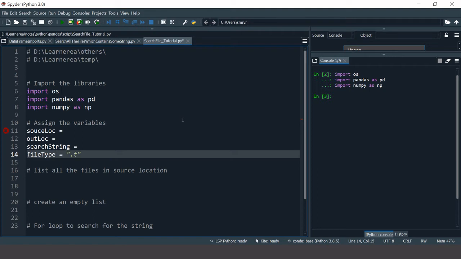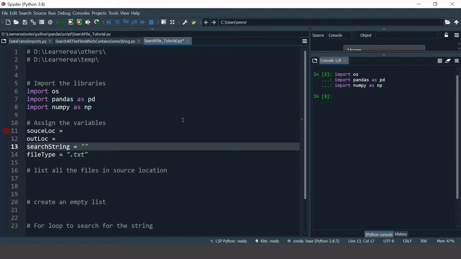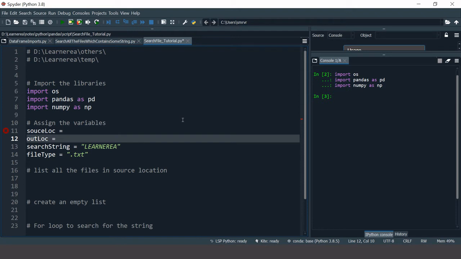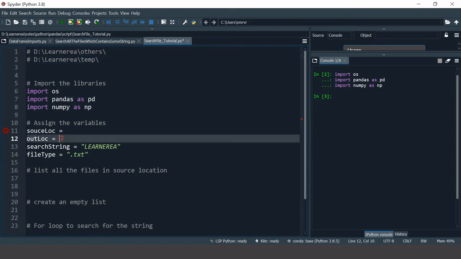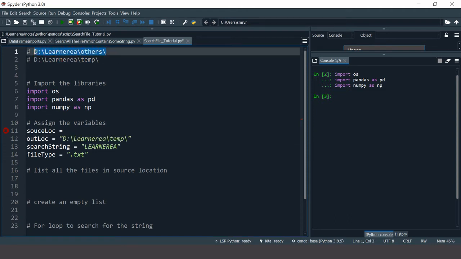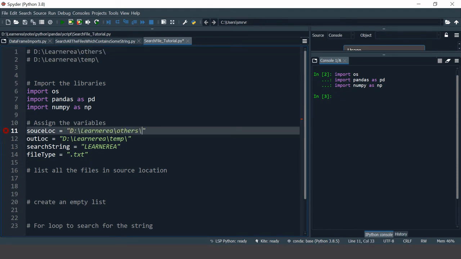The file type which I want to use is text. The string which I want to look for is learn area. And then the location where I want to store the output will be this. Then the location where I have all the text files in which I want to search will be this.